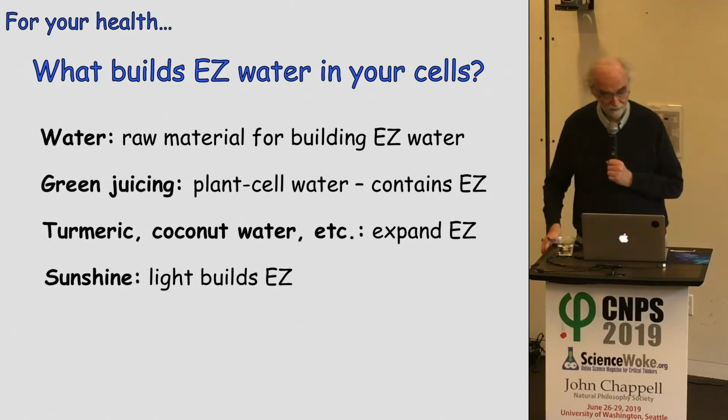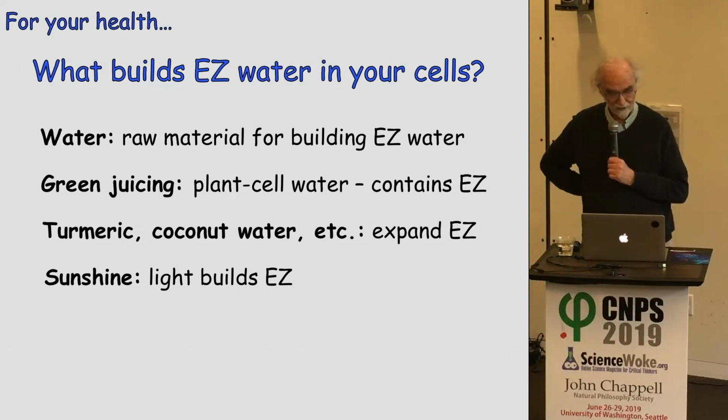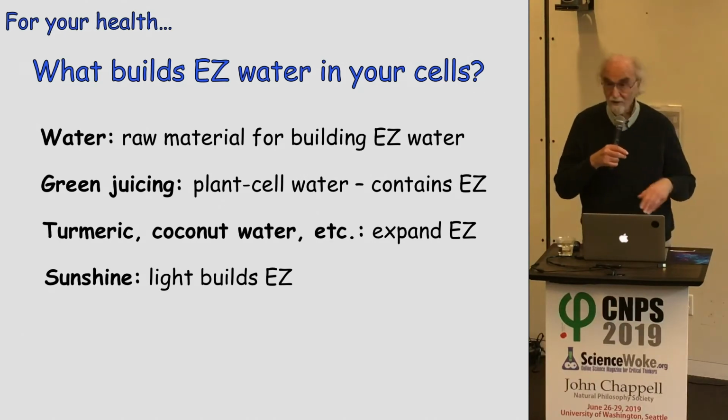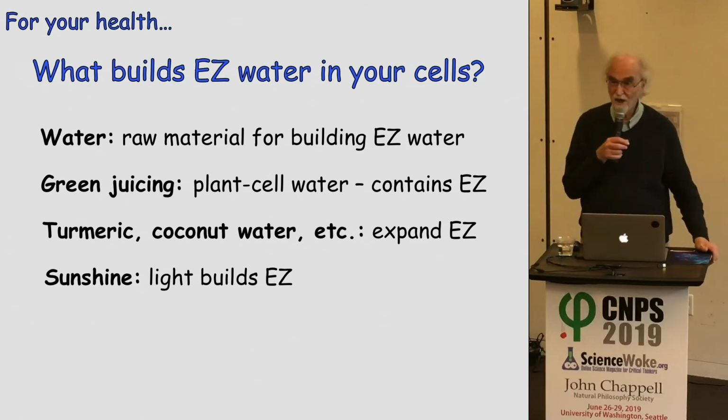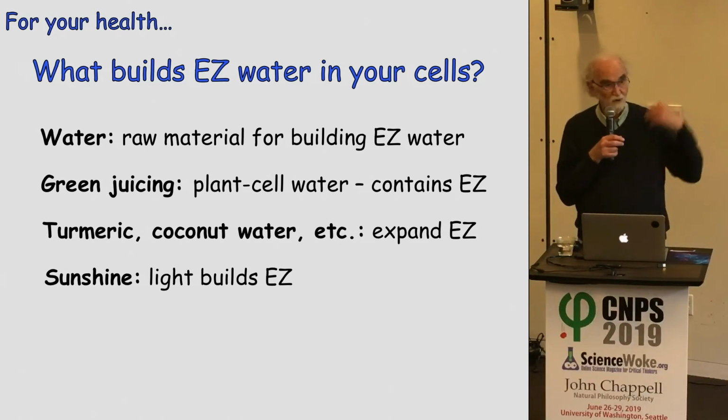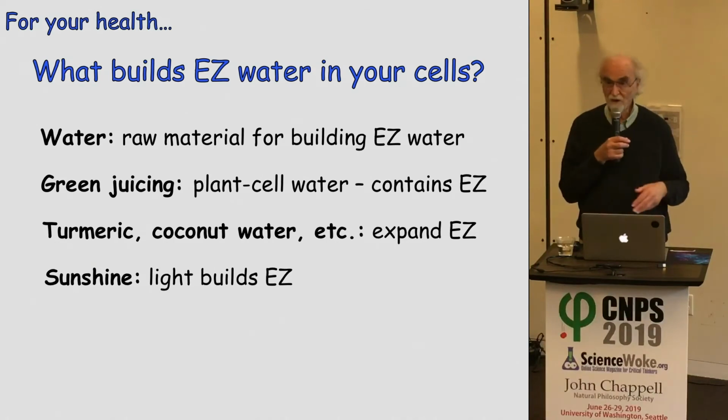Sunshine we don't get so much of in Seattle in the winter time. It's kind of gray and gloomy. When the sun comes out, you see smiles on people's faces. So why are the smiles? Well, it could be a purely psychological effect, or, sunshine, as I mentioned, contains a lot of infrared energy. So we absorb the infrared energy. That infrared energy helps us build easy water. And now the cells that had been deficient in easy water, including your brain cells, suddenly have enough easy water and you feel better, you feel normal, you feel the way you should.